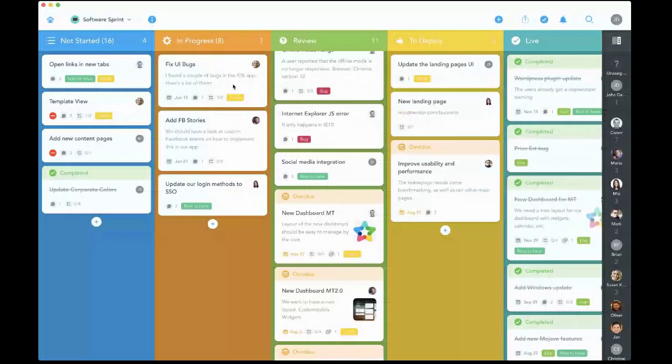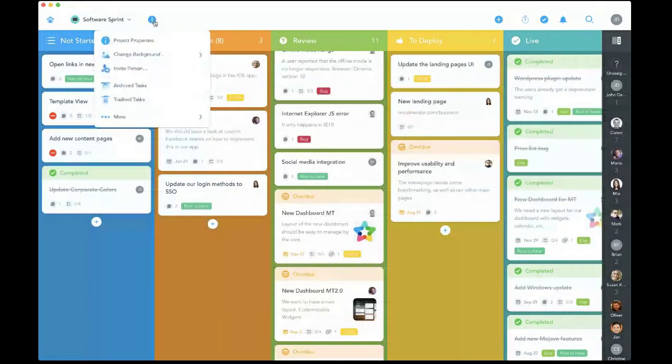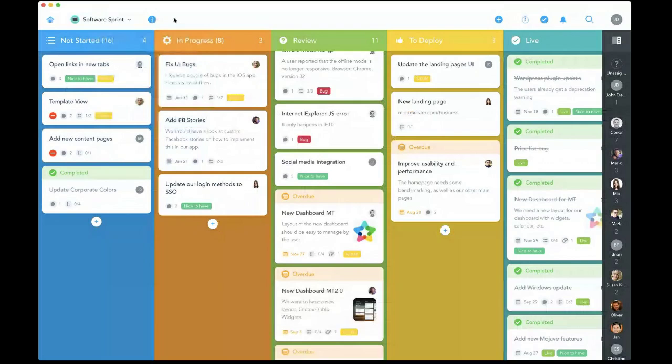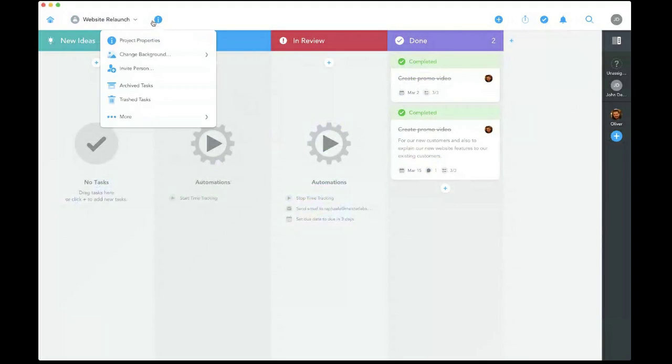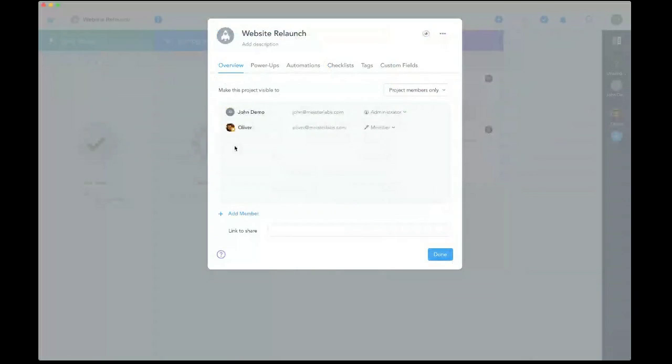One question that always comes up is if there's a way to watch a whole project, and yes, there fortunately is. So everything that's project related, and let me just go back to our own project from before to keep it really simple here. Everything that's project related will always be up here in the project properties. If we click on this blue info icon here, we can open the project properties,